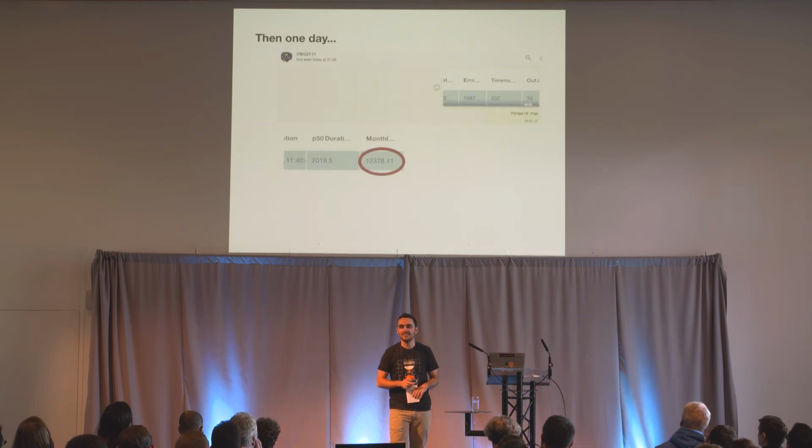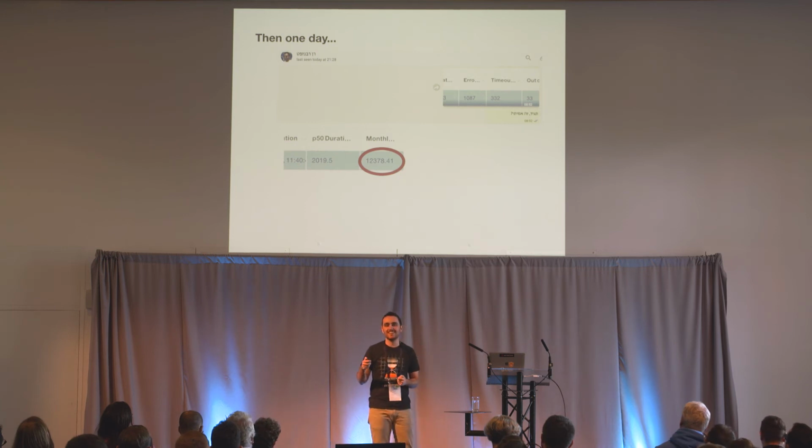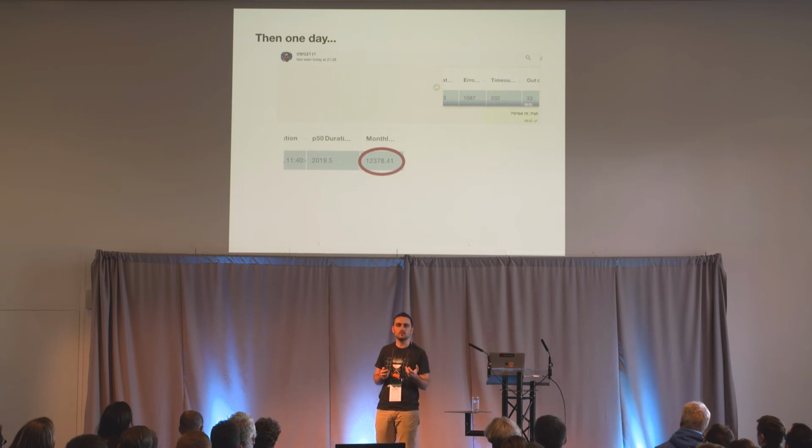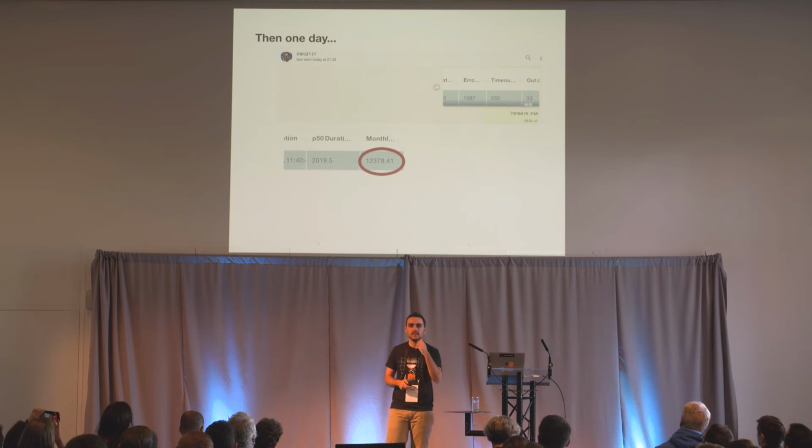But then one day, and this is an actual message sent from my CEO to my CTO, and I know you can't read it because it's in Hebrew, so I'm going to translate it for you. It's basically my CEO asking, is this for real? What happened is that my CEO logged into our monitoring platform. We use our monitoring platform to monitor our monitoring platform. He logged in, and what he saw is that the estimated cost of one of our lambdas is